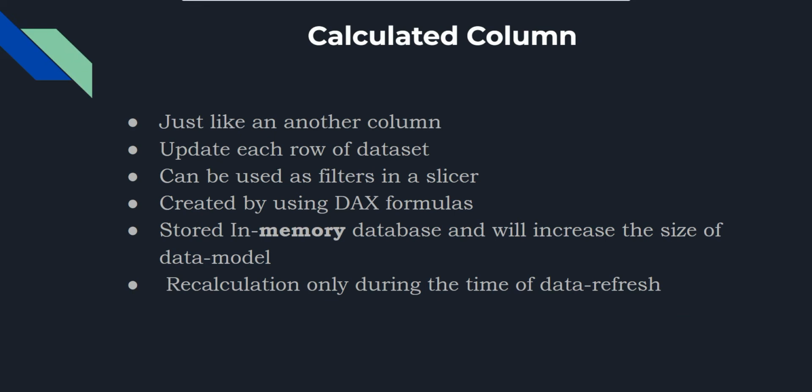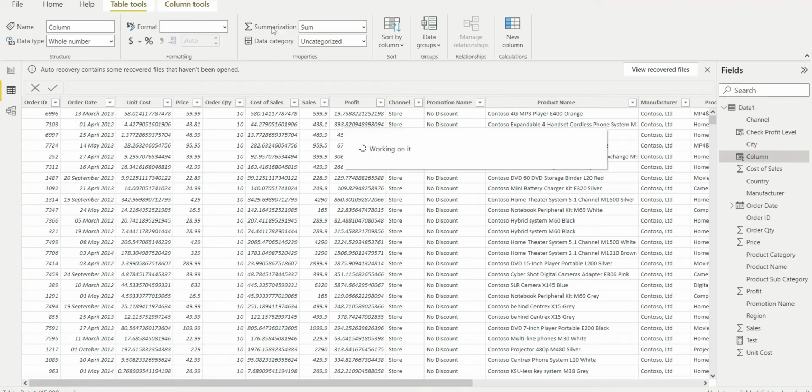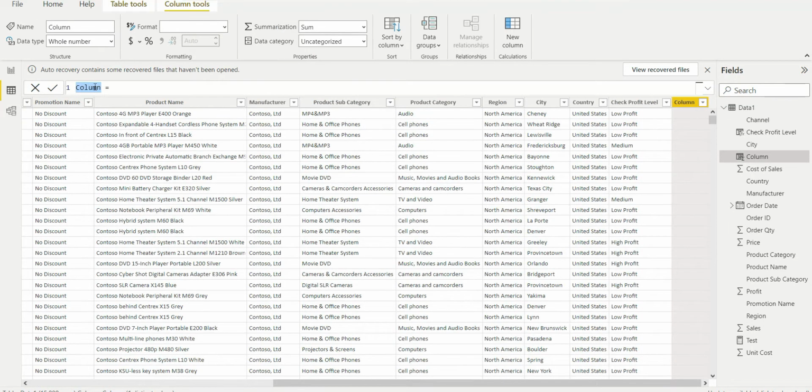So let us see. Now, what is a calculated column? This is just like another column. Okay, then let us create it and see the later points. For example, this is our data set, and I am interested in getting the profit ratio. The higher the profit ratio, the better the performance of that particular order ID. So how do you create that? You can see there are different options. I go with the new column because I want to create a new column. Here I can give a name, say profit ratio, which is nothing but a ratio between profit and sales.